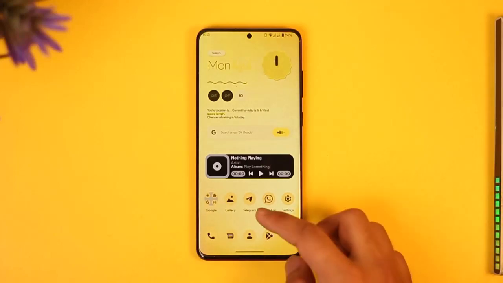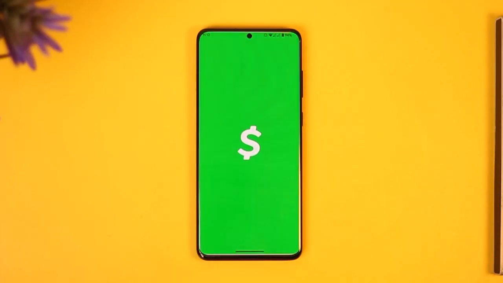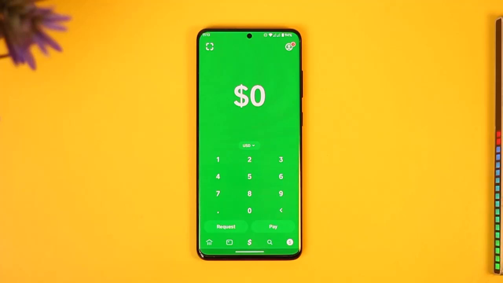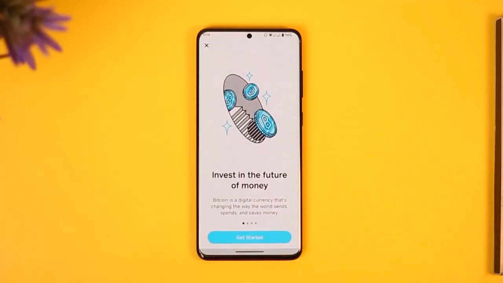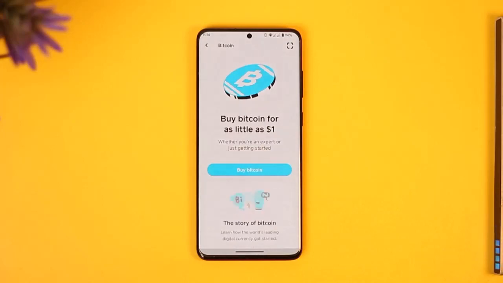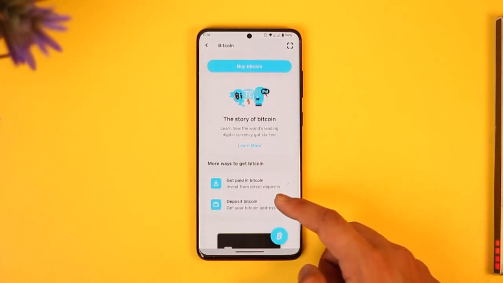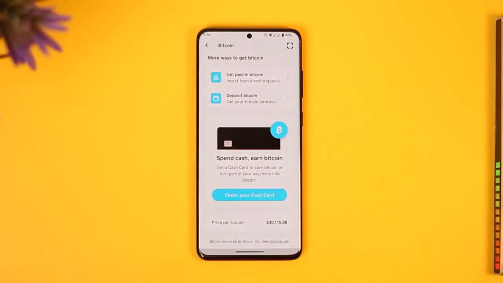And to do that, just make sure to launch Cash App on your device. Once you launch Cash App, you're going to be able to see this type of interface, where what you need to do is just complete the home tab here. Currently, you can find this option called Bitcoin, so I just need to tap on it and tap on Get Started. If you want to actually verify Bitcoin, whenever you're trying to purchase Bitcoin,